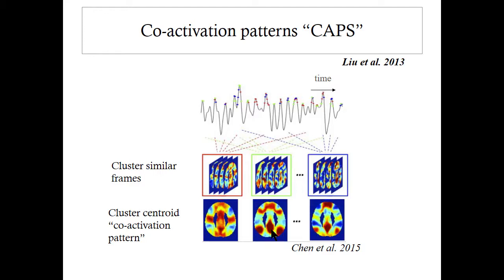And again, one way to get a handle on whether there's some structure or information in this type of data is to apply a clustering analysis. And so if we look at a scan going on here, and we start picking out some different time points, we might see that over here, here, and here, we get patterns that are single BOLD volumes that look something like this. And then if we look at different time points, we might get other ones, and then if we cluster these, then we can see these types of representative patterns that seem to be coming up over and over again in our data. And this was a time course from the PCC,